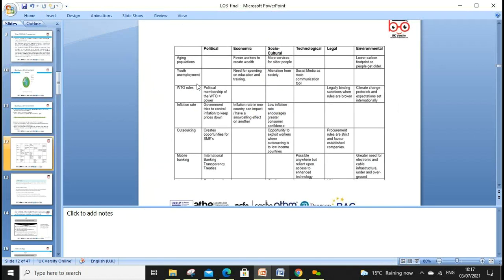When we look at political factors, such as membership of WTO, and how the government tries to control inflation, what policies they have, create opportunities for SMEs, small medium enterprises, and international banking transparency. Then the economic environment: fewer workers, wealth creation needs to be spread, of course, based on the external inflation rate. Social factors: more services for older people,